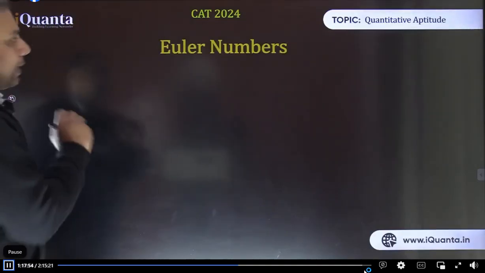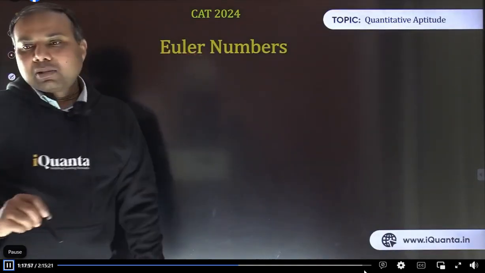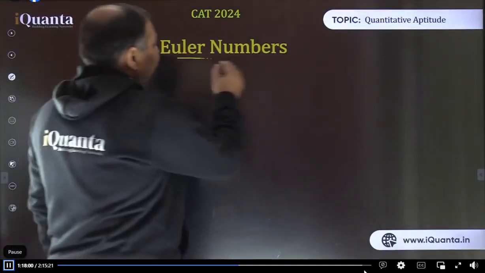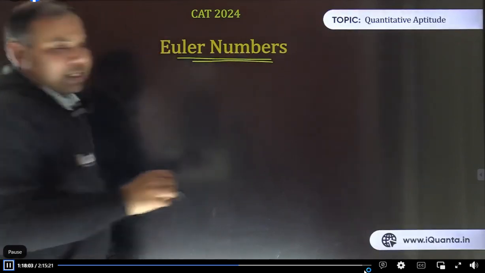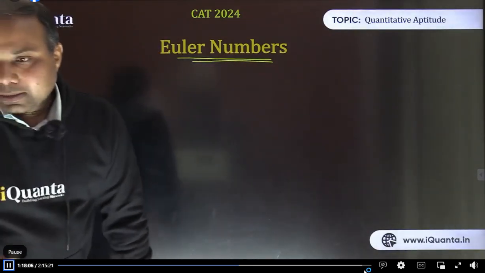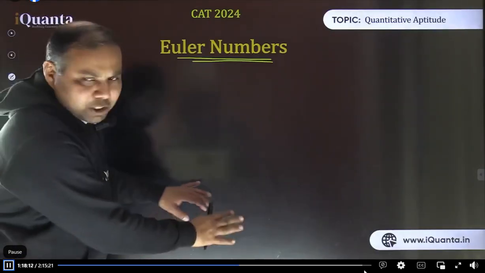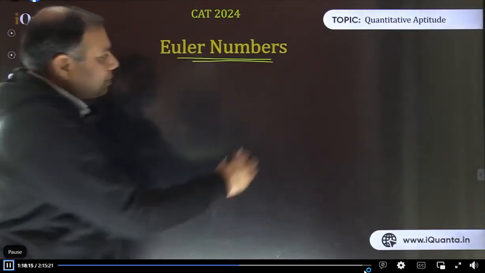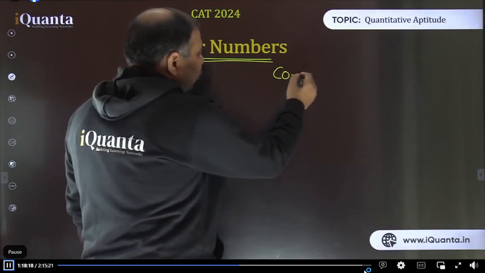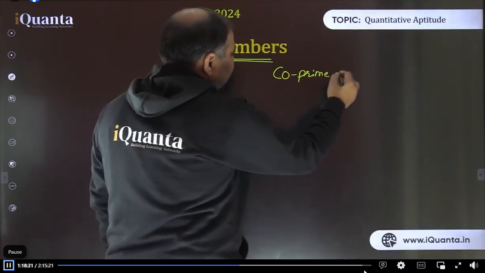I'm erasing this. And now directly jumping to Euler's numbers, we need to understand what it means. Now it is a totally new term. Wait, please wait. एक बार पीछे वाली चीज को एक बार यहीं पे छोड़ दो, break it. And now here's another term. This Euler's number. It can also be said to be co-prime numbers.